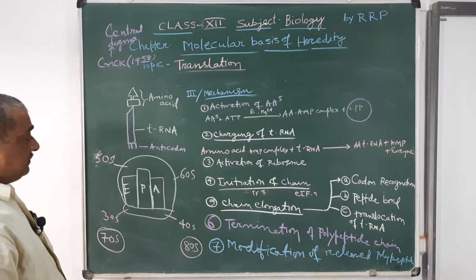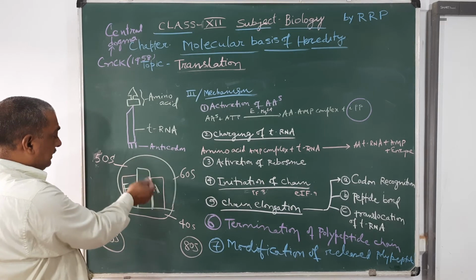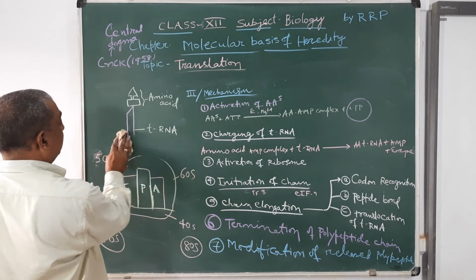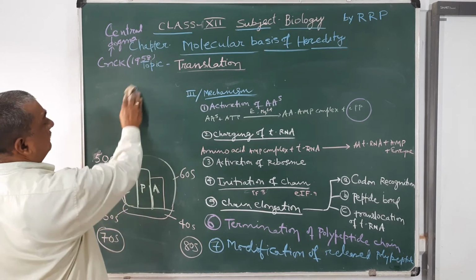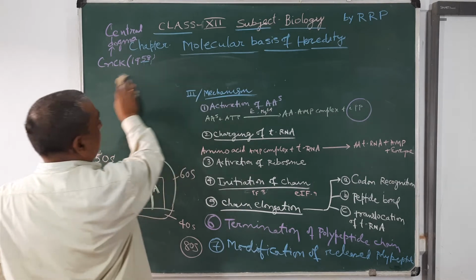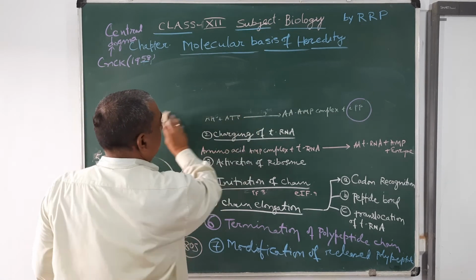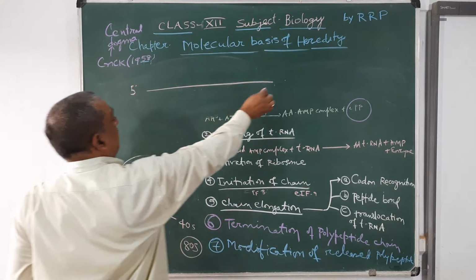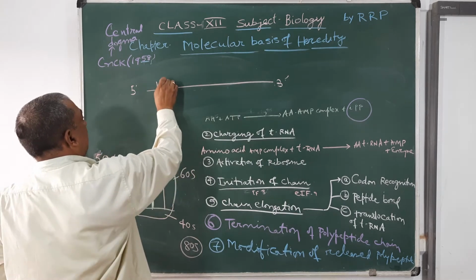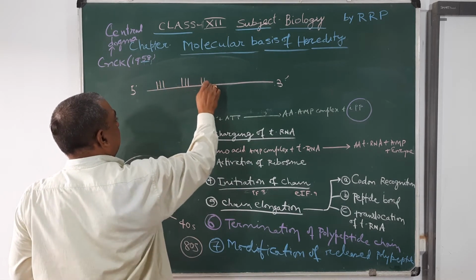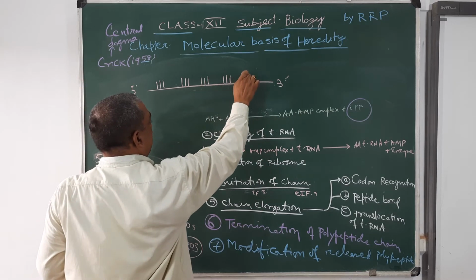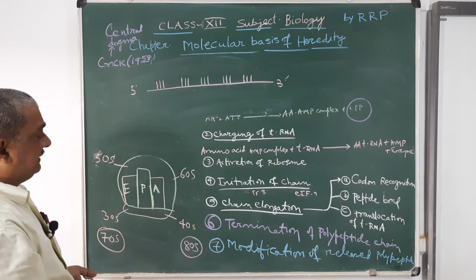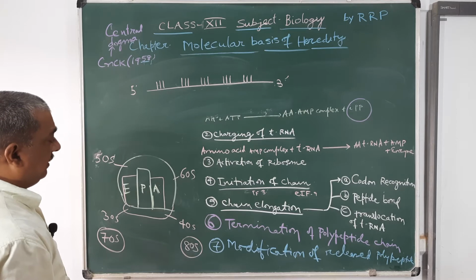Activation means both ribosomal subunits are associated together. So first of all, the ribosomal subunit binds with mRNA. 5 prime, 3 prime, the mRNA codon is situated on the messenger RNA, and specific codons initiate the chain. Initiation is brought about by various factors.